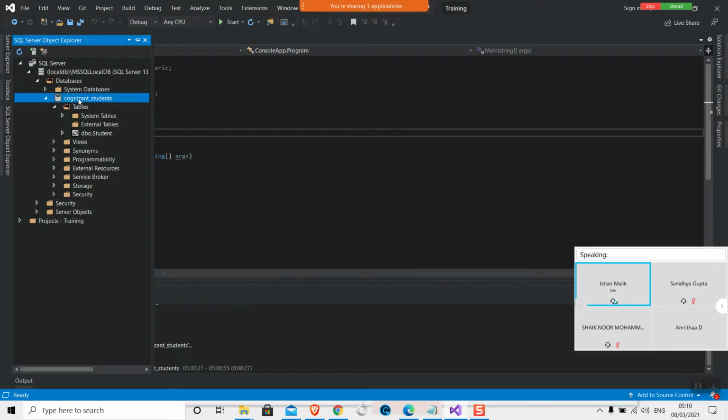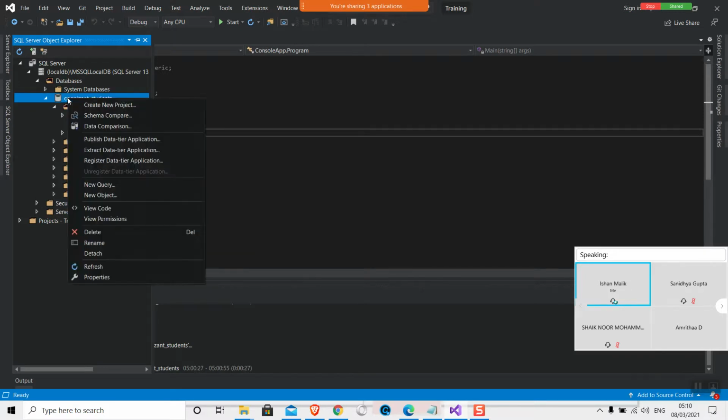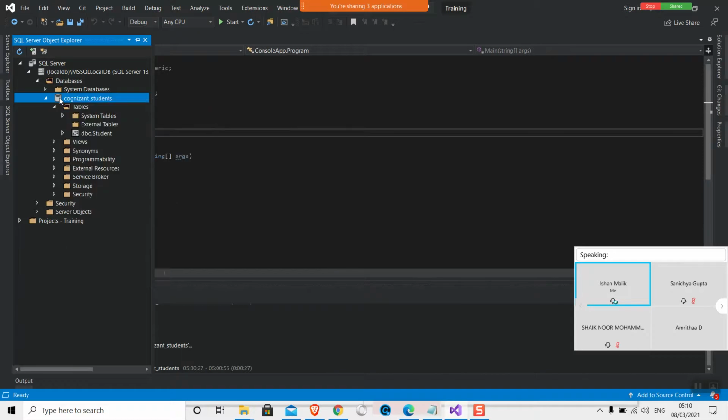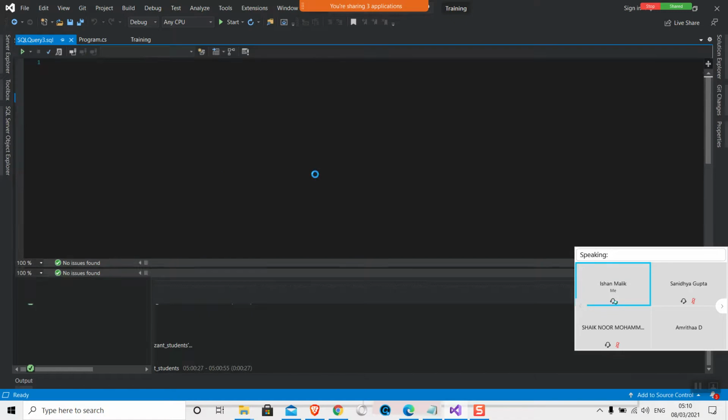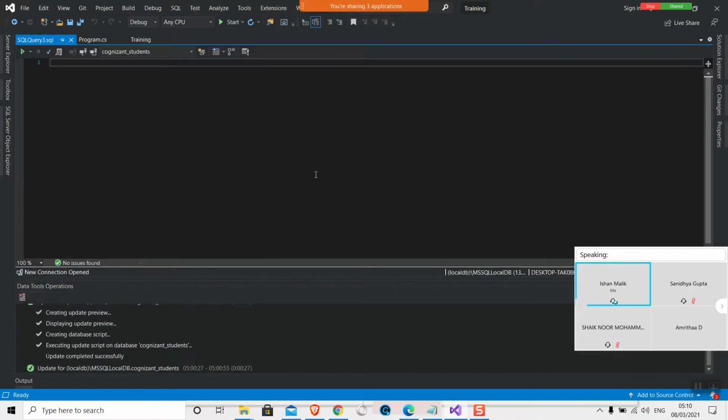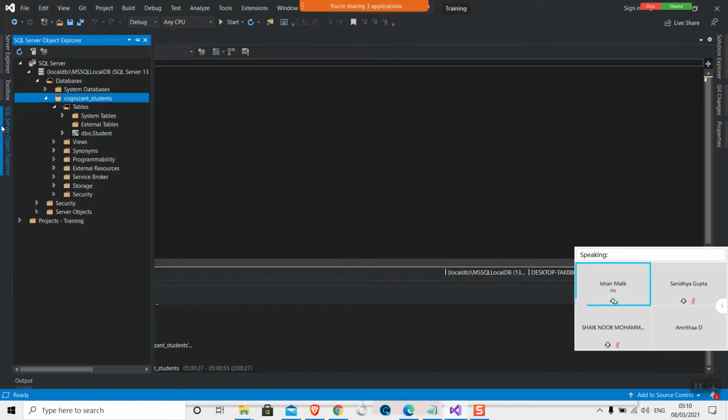Another way to create a table is to right click on the database name, go to new query, and through coding you can create a table. The syntax is like create table, the name, and then column names. You can do these things whenever you are writing hands-on.